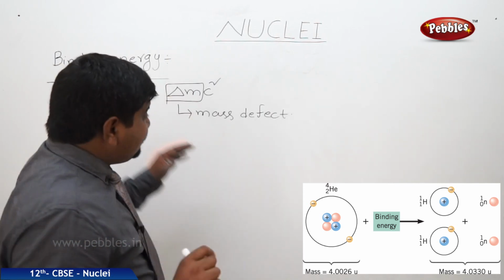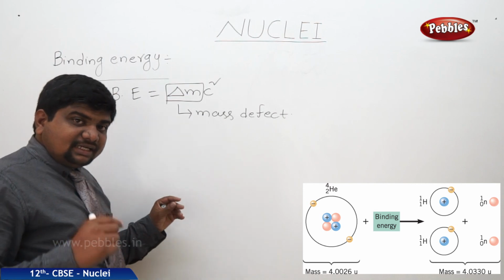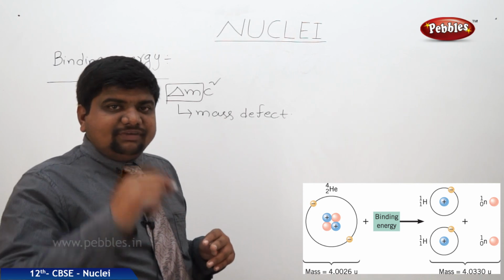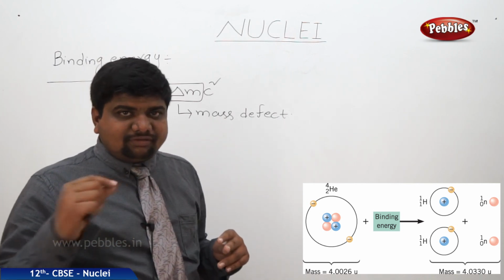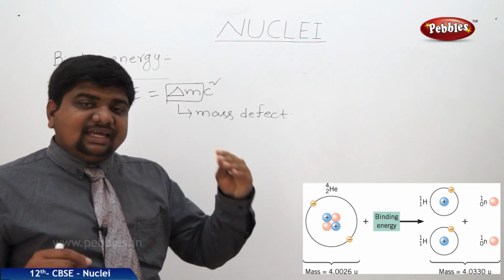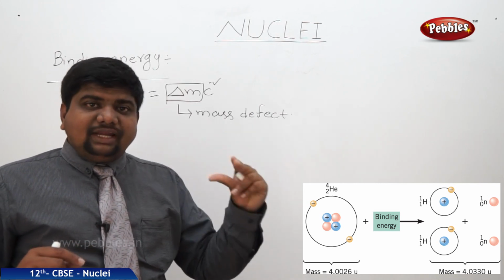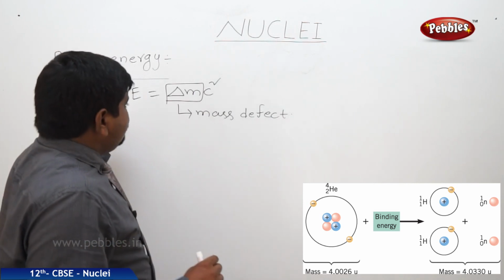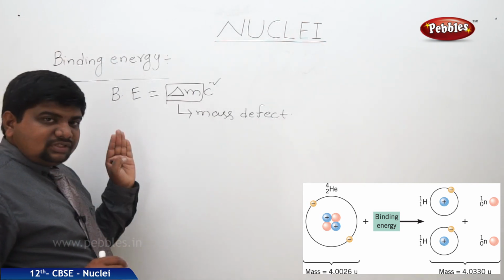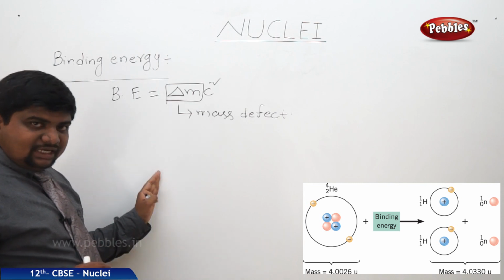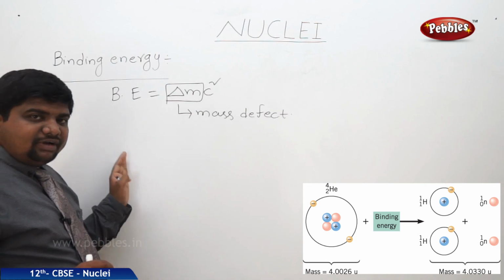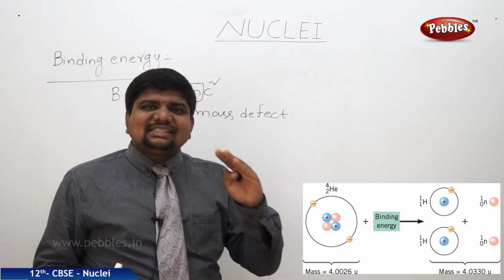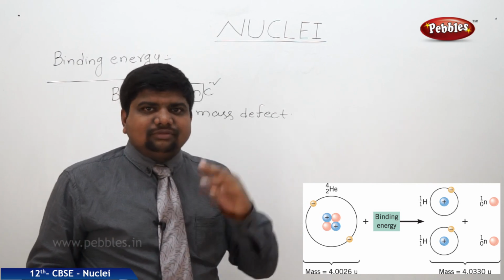If any nuclide's binding energy per nucleon is greater, its stability is more. If the binding energy of a given nuclide with respect to its nucleons is less than a particular value, it is less stable. Now we will see a curve which relates the binding energy per nucleon, and from that curve we are going to find out which nuclides are stable, and which are less stable or least stable.